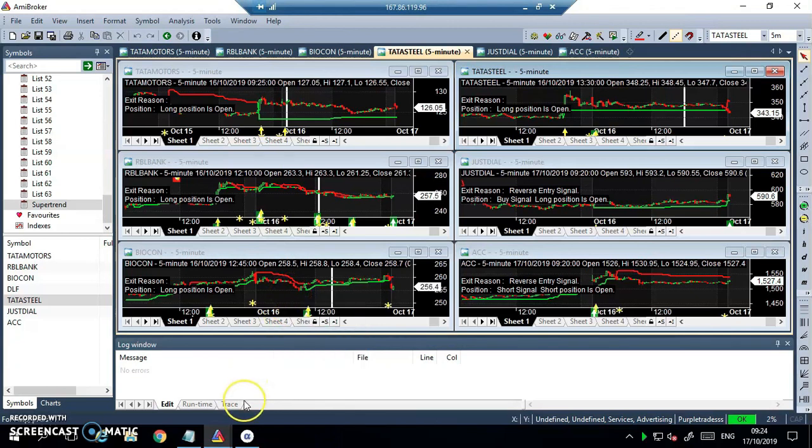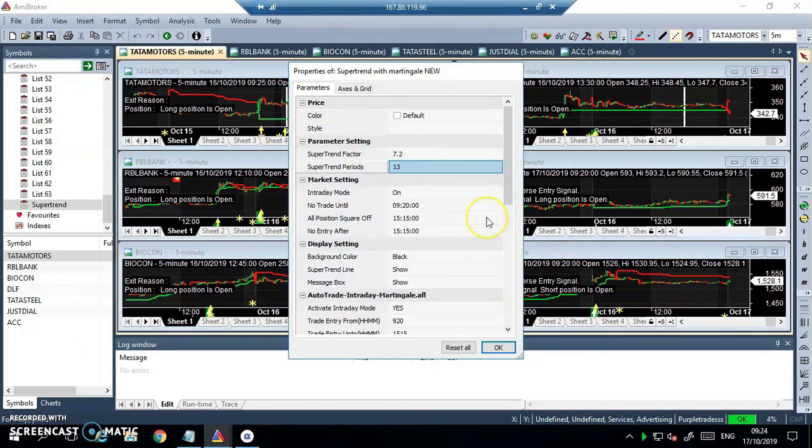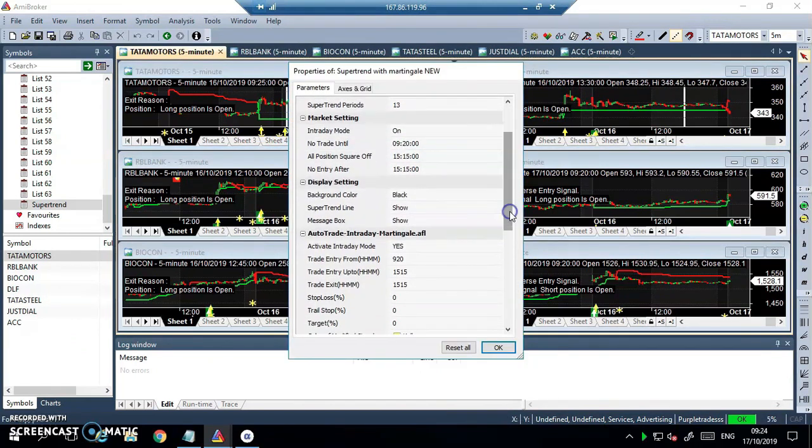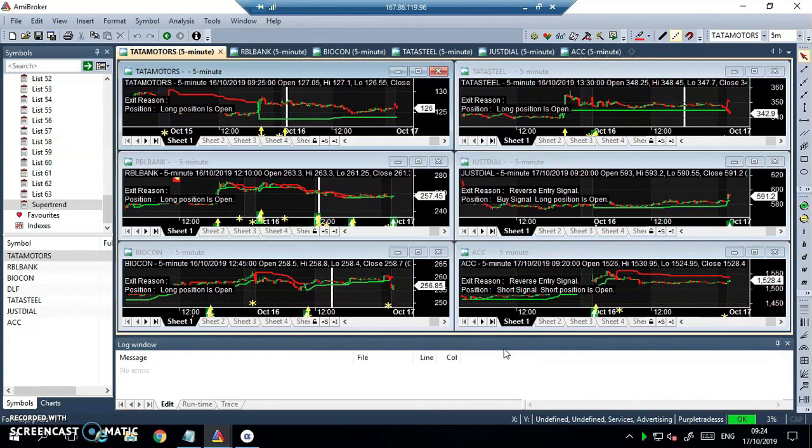On 15th and 16th, that is how the signals had come. On the 17th also, today also, my signal will come in a similar way, and I've made sure I've done all the settings. Since I'm excited today, I'm going a step ahead. Now instead of allocating 20,000 rupees per stock, I would now allocate 30,000 rupees per stock. We'll go a step ahead, right? And we will allocate 30,000 rupees per stock.